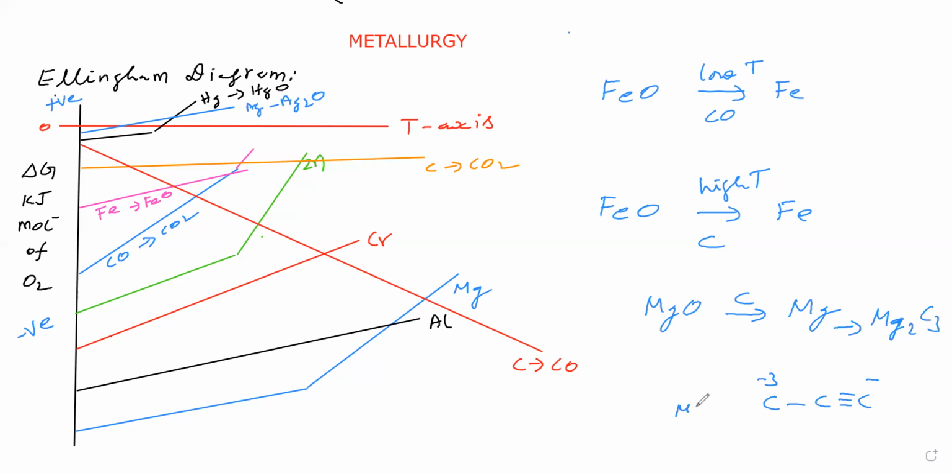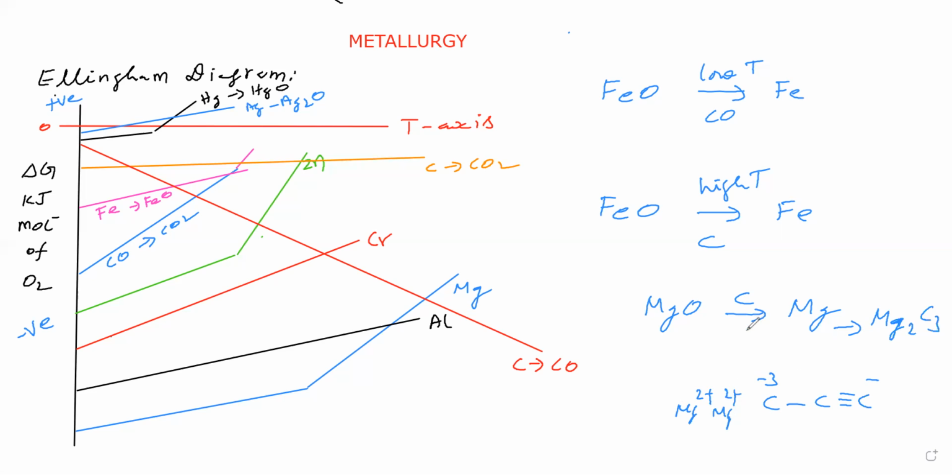Propionide formula is this one. Magnesium ion, 2 times you take. So Mg2C3 is the formula of magnesium propionide. Magnesium combines with carbon and gives carbide. Therefore, to avoid this reaction, we are not converting magnesium oxide into magnesium using carbon as a reducing